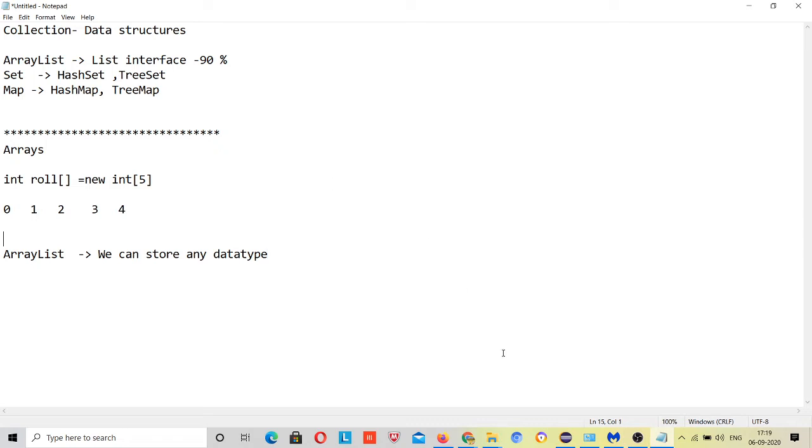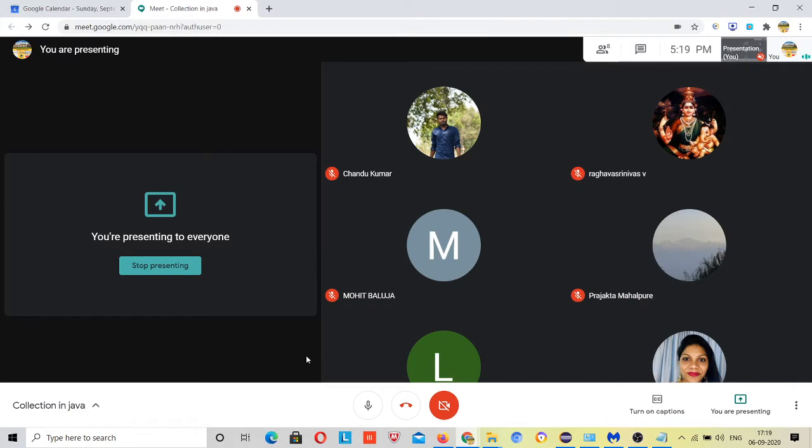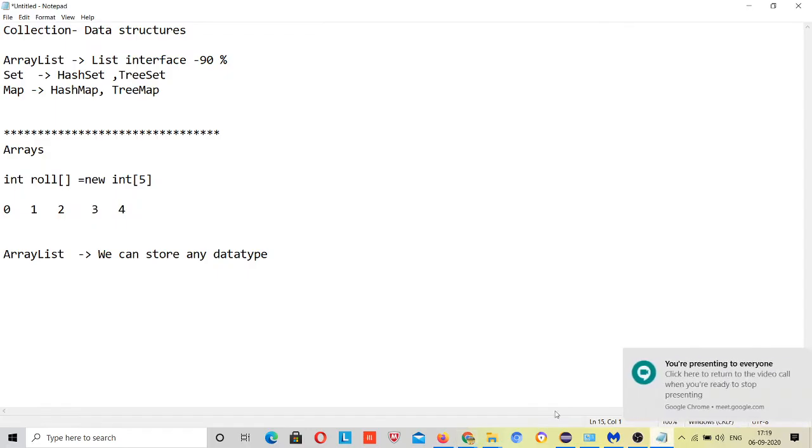But people say that if array list is much better than the array, then why don't we always go for the array list? There is one drawback of the array list, and one benefit of arrays as well. We need to be very careful about this when we are automating. So when to use array and when to use array list, because each has its own benefits.